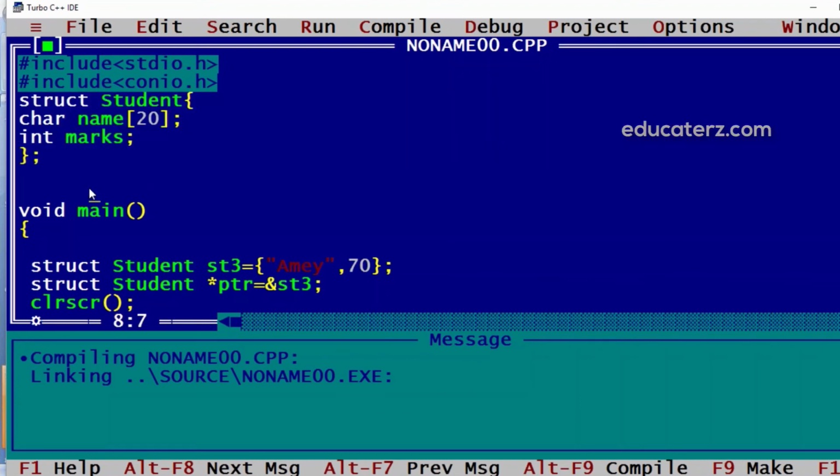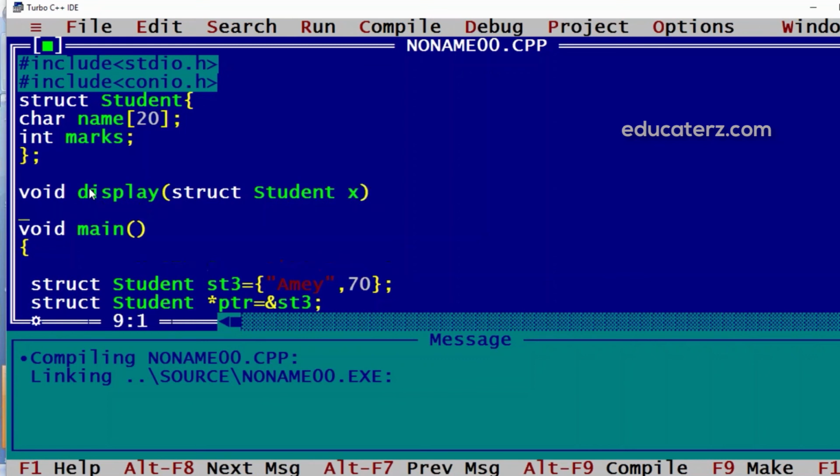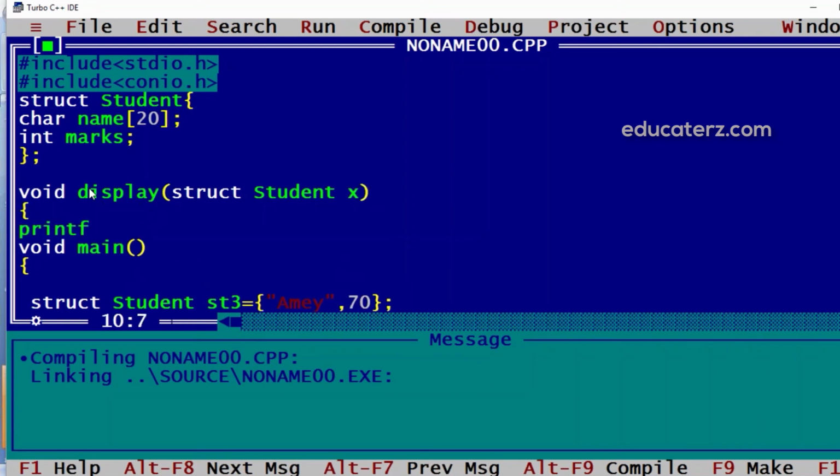Now I can pass a variable of structure type to a function also. For example, suppose I have a display function which wants to display the data of the structure, then I can use a variable of struct student, say x, and then I'll go for a printf where I'll display in the display function name equal to %s and marks equal to %d.